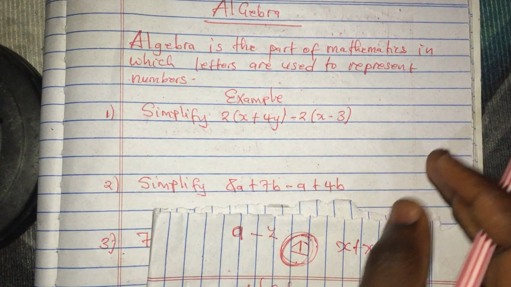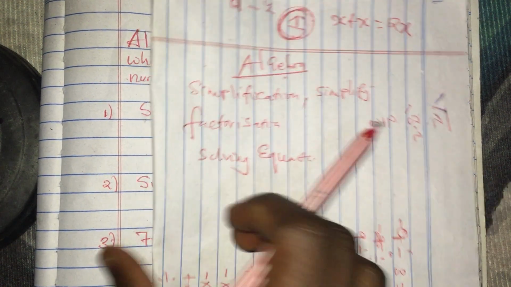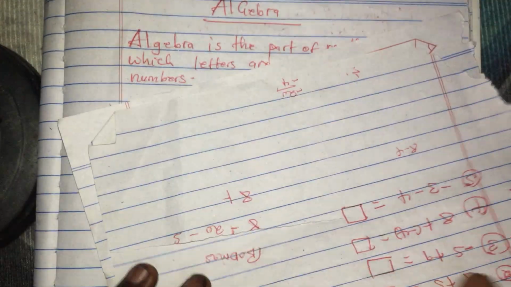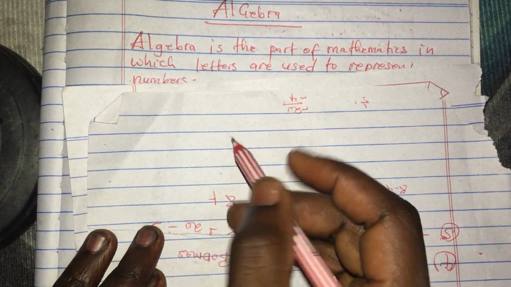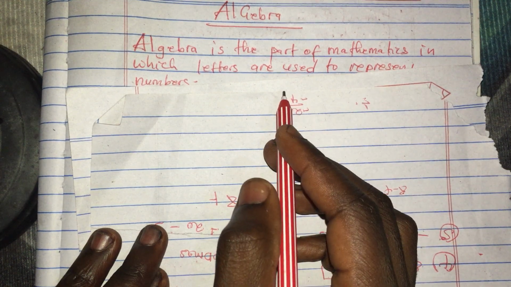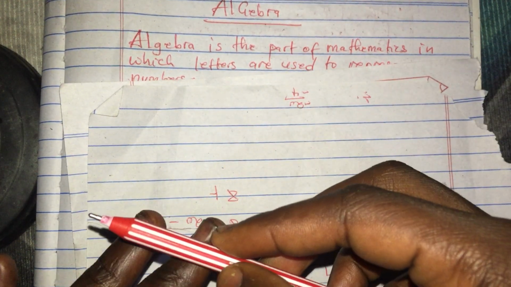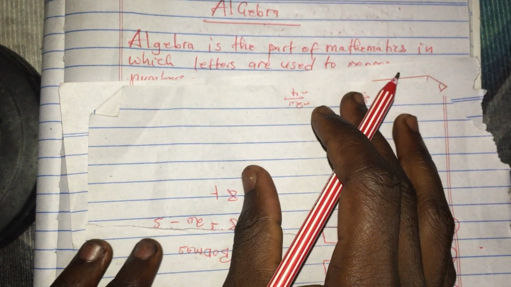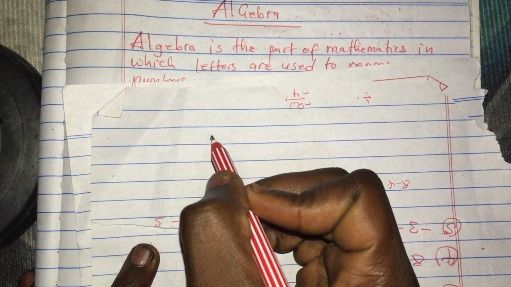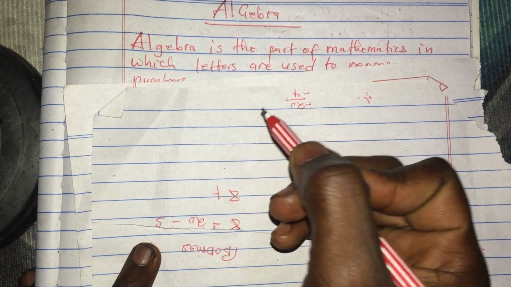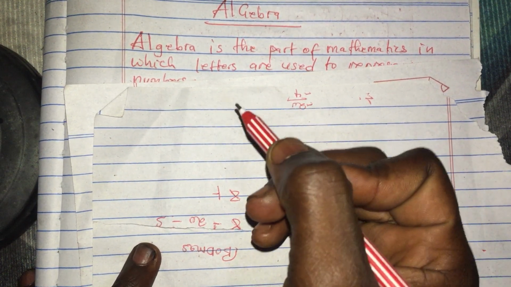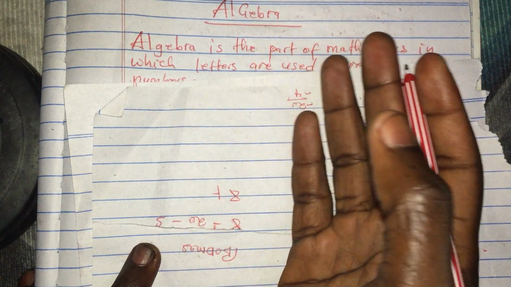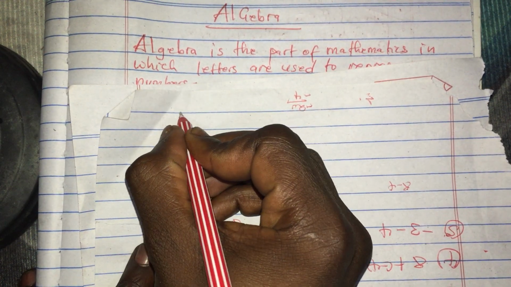Alright, so here we have something. Before we go further, it's very important that you understand, when we talk about algebra, our main aim before you do anything, first you understand this concept. There are what you call like terms and unlike terms. If I say like terms, these are terms that are the same. Like for example, I say